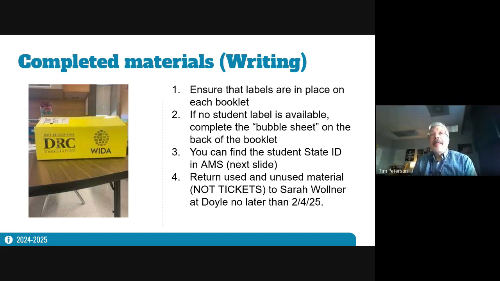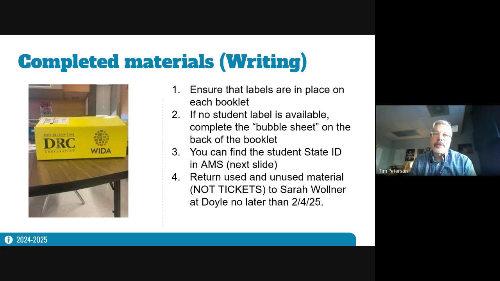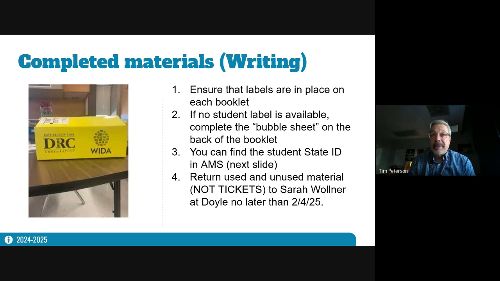So if you have unused material, and if you have regular, used material that's completed, everything except for tickets, please make sure you send that back to Sarah here at Doyle no later than the 4th of February.